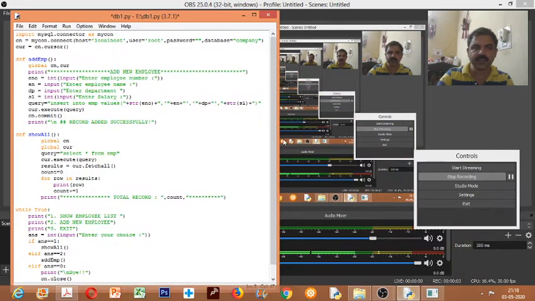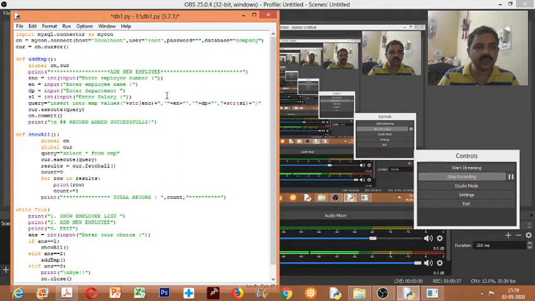In the previous session, I had given a sample of project work. I hope you have gone through it. Today I will just explain two options of the main project that I have provided. That is adding the data into a database and displaying it, and also how to display it through a menu. So how to create the menu, how to run each option and display the result.